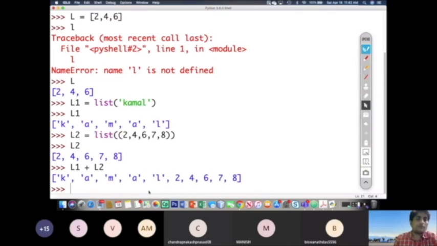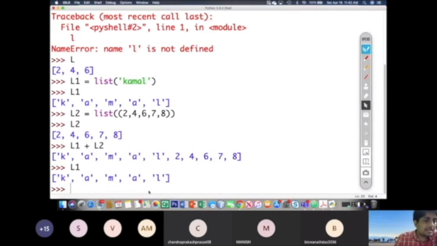Now if I am going to print L1, what will be the value of L1 now, Manish? Manish, value of L1 क्या आएगा? Your name. अच्छा, because it has not been changed, है ना? ये change नहीं हुआ है. But if I am writing L1 is equal to L1 plus equal to L2, if I am writing this, what will happen?